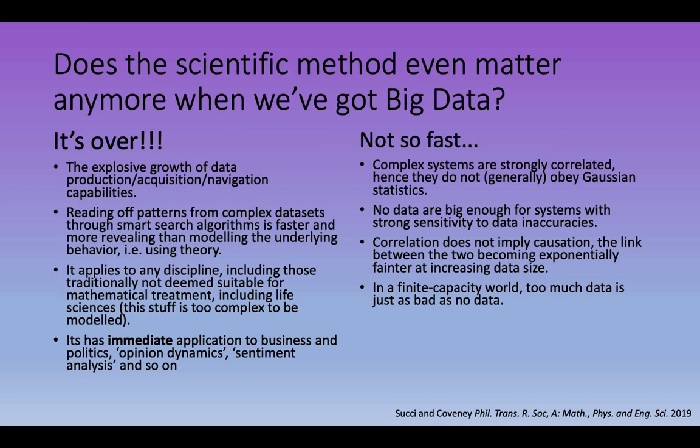Now, some people have argued that all this talk about scientific method doesn't even matter anymore because we've got big data. And if you're a bioinformatician, you might feel that way. That's your prerogative. We've got AI, we've got machine learning, we've got all these different ways where we can just blast everything with data, right? So it's over. Who needs a scientific method anymore? We'll just collect data until we can't collect anymore. We're going to be able to identify things using really complex data sets and algorithms faster than we could ever model it. So what's the point of doing theory? Like, why?